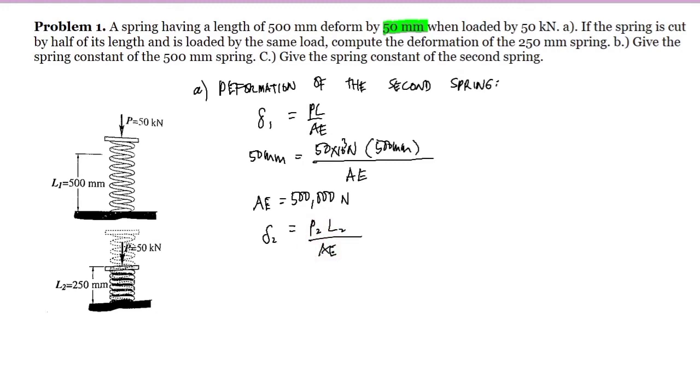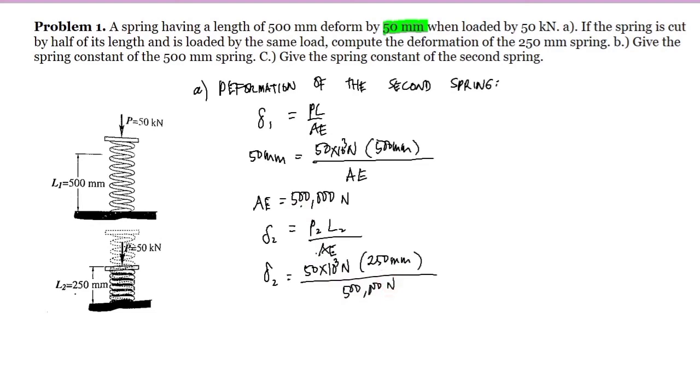P2 is the same load, that is 50 times 10^3 N, and L2 is this length here, which is 250 mm, over AE, and this AE is equal to